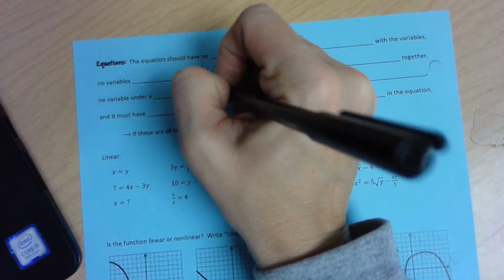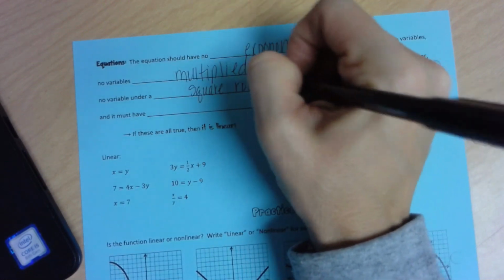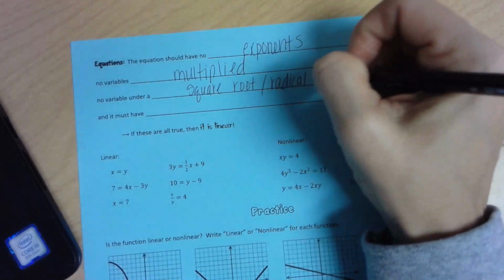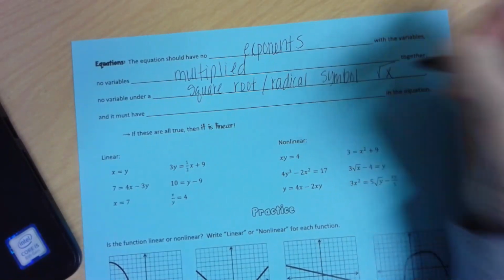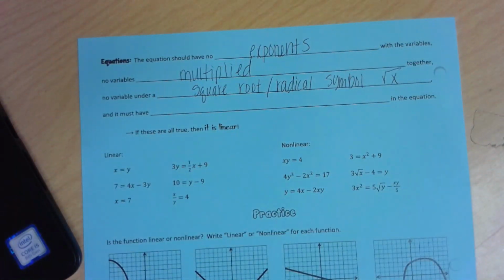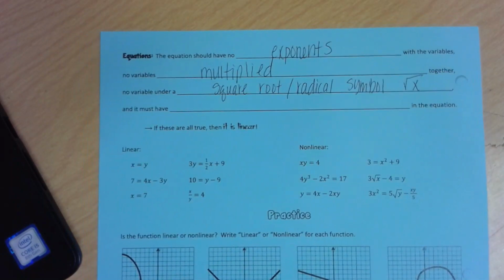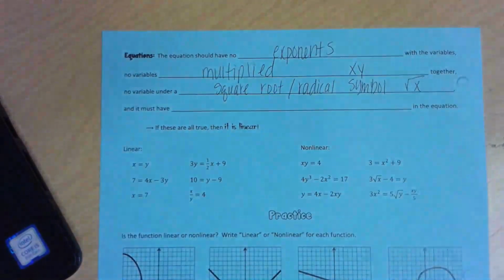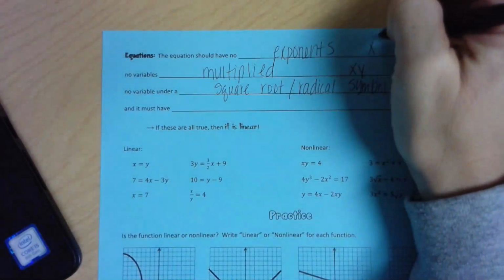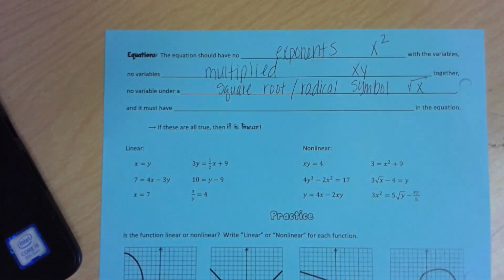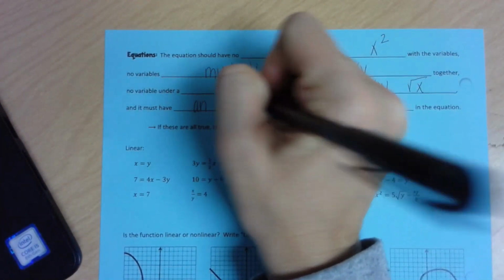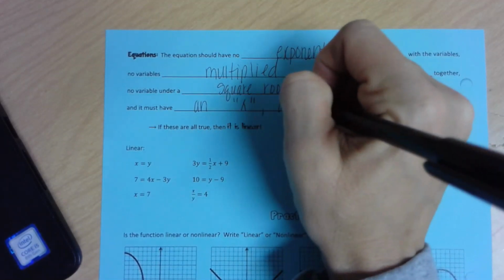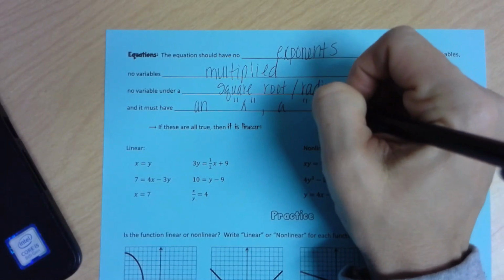No variable under a square root or radical. That's the other name for it: the square root symbol or radical symbol. So for instance, the square root of x. So no variables multiplied together. We should have nothing like this, x times y. And we should never have x squared. Those are your examples. And it must have an x, a y, or both